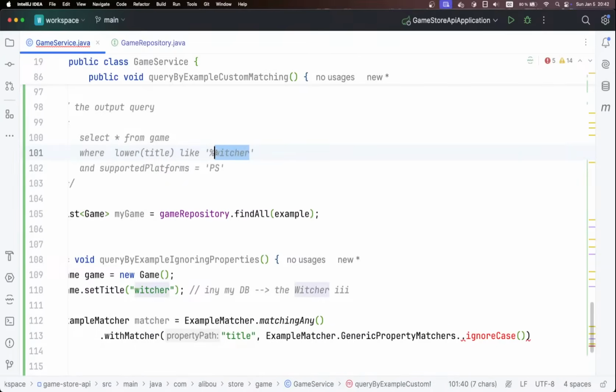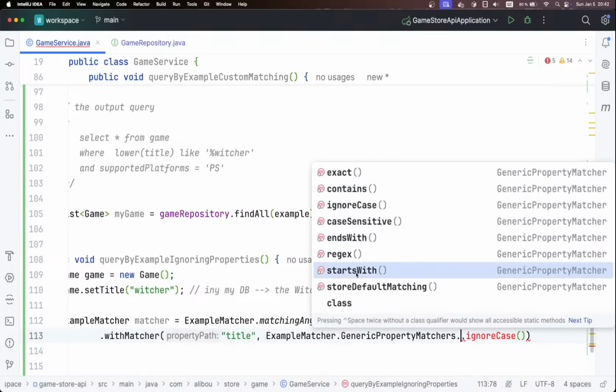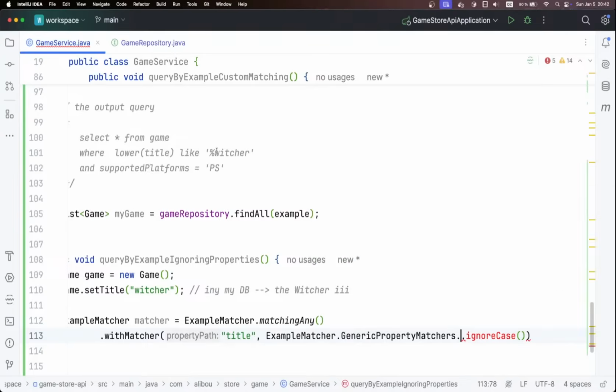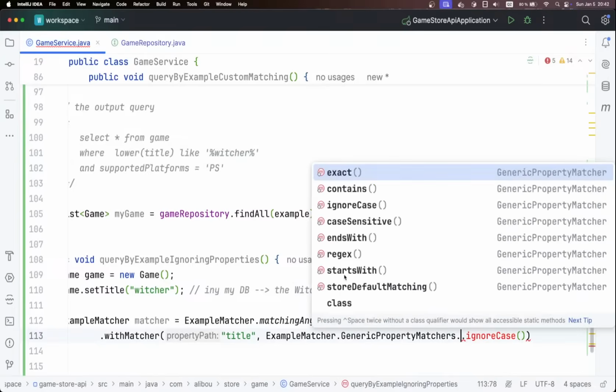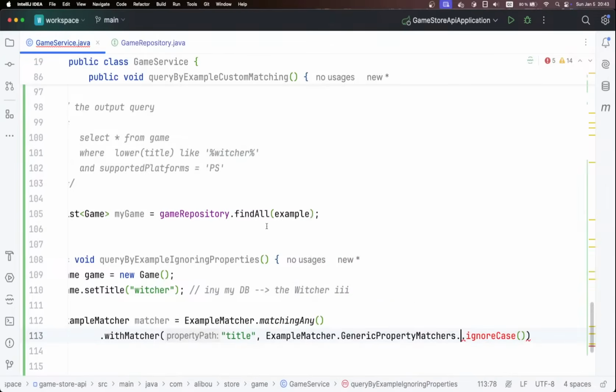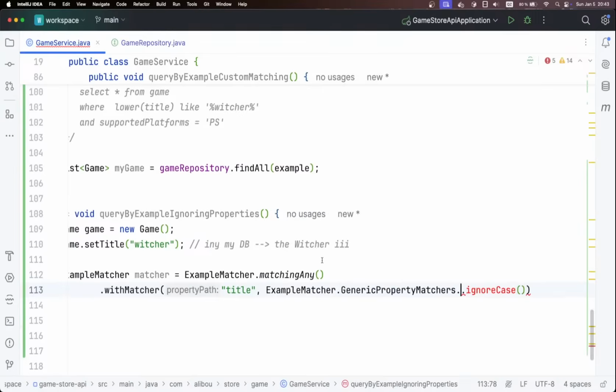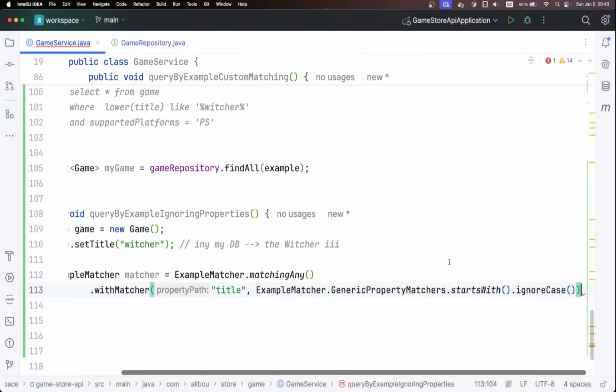So the title should end with Witcher. And we have also starts with. So this means that it should be this way, the value and then percent. So this means starts with. And we have also another option. Let me check it again, which is a regex. So I can, for example, pass a regex pattern to select the data, or to filter my data. All right. So now let's say, for example, this one I wanted to be starts with ignoring case, and then,